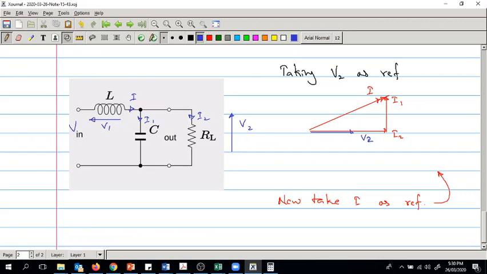Now for V1, for an inductor the voltage leads the current by 90 degrees, so the voltage should be going in this direction, assuming that this is 90 degrees. So this is V1. Now V1 plus V2